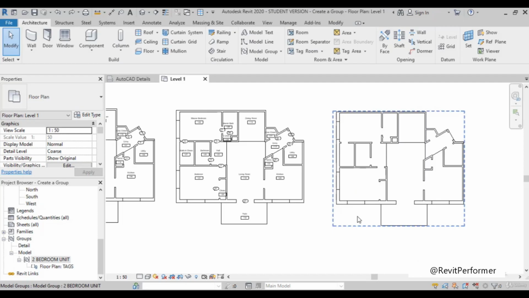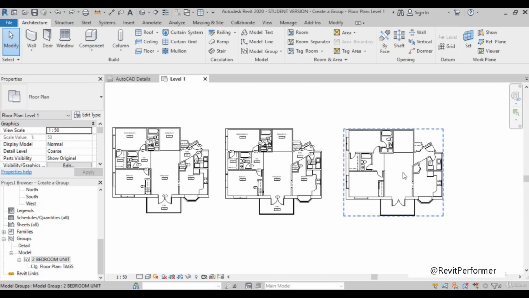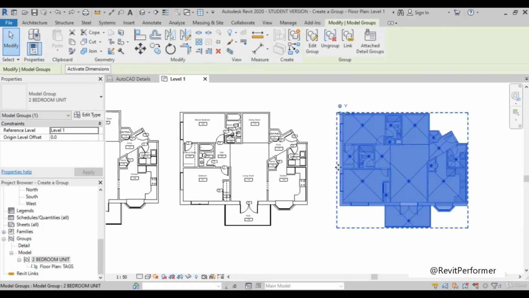Now, we can do one thing. How can we edit in this group? If you want to edit it, this is a very difficult task because now we have families. Just suppose I don't need this window. So how can I delete it? If you select this, you can select